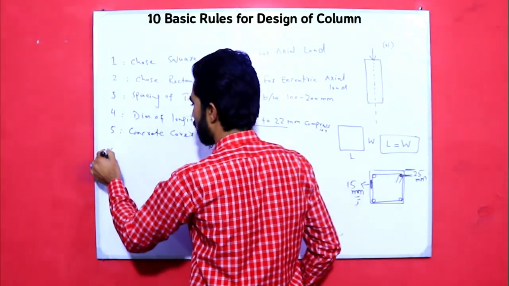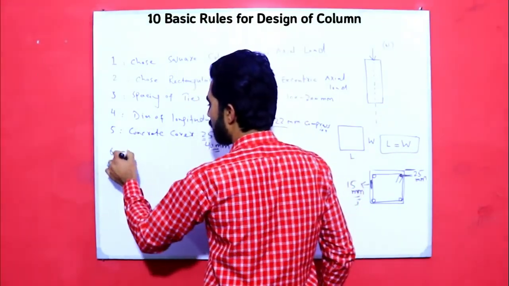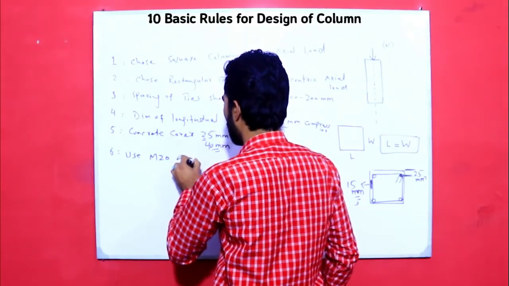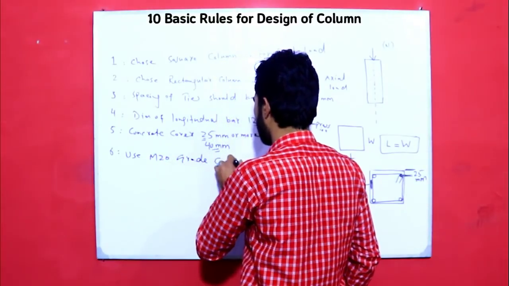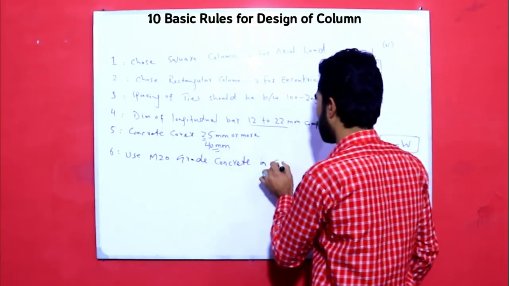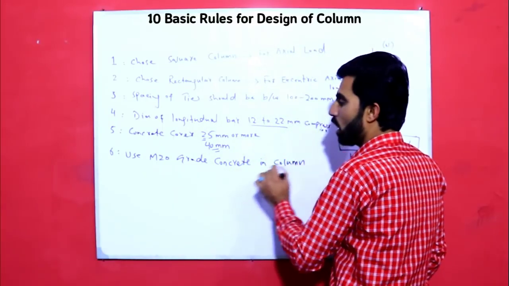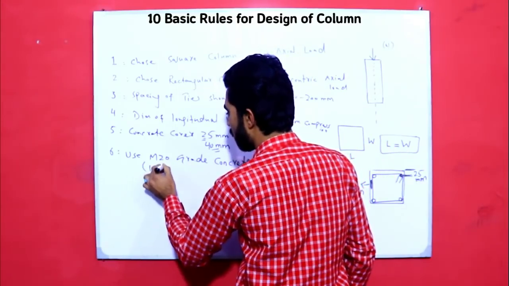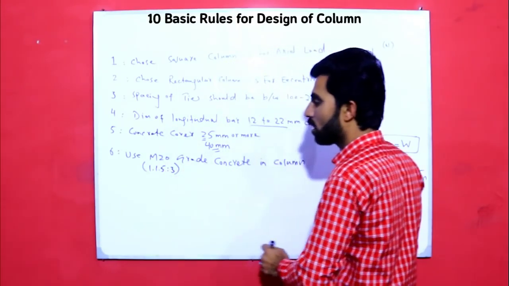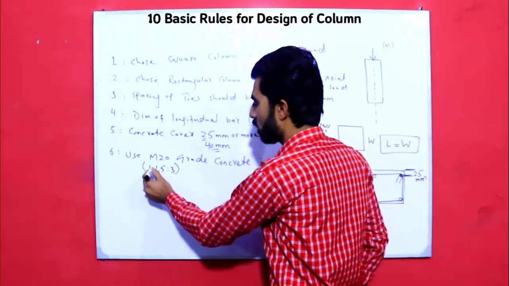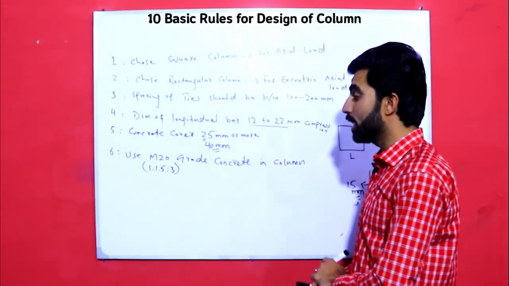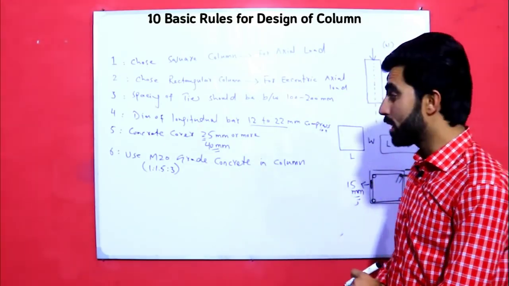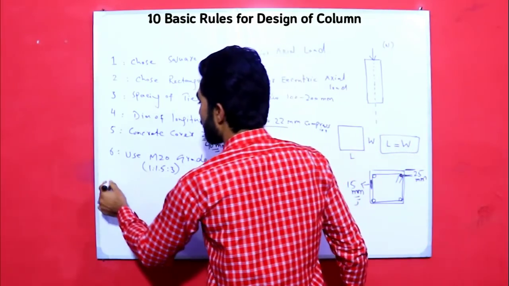The sixth one is, okay, that is use minimum M20 grade concrete in column, and M20 grade concrete ratio is 1:1.5:3, where one is cement, 1.5 is sand, and 3 is aggregate or crush, okay. This is the sixth basic rule, okay. Guys, the seventh one is,